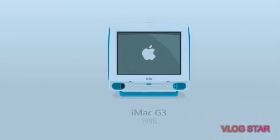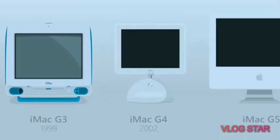product range with the release of the iMac computer. In this video, we'll be taking a look at some of the key changes made to the various iMac models